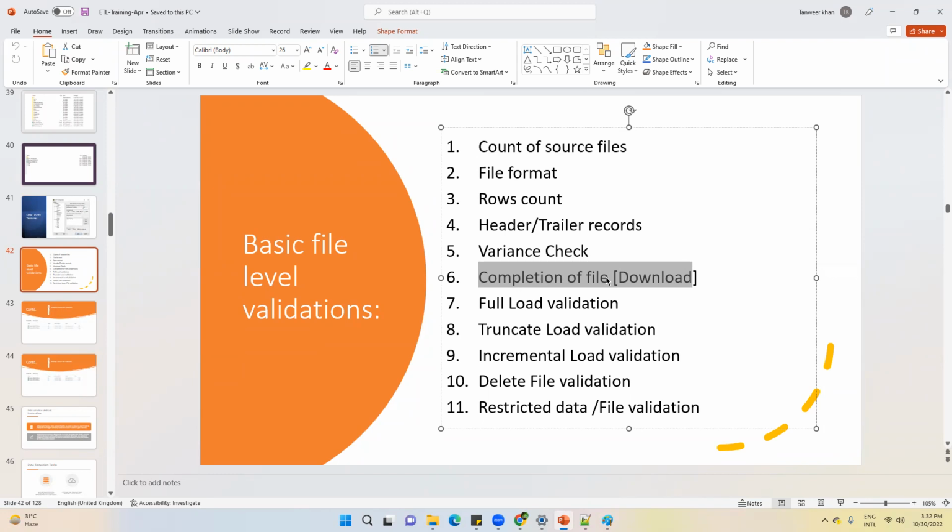Many times what will happen? Let's discuss a very common scenario which we all have experienced in our daily life. You are downloading some file from the net. Many times when you go to the download folder and try to open it, it will not open. Why? Maybe it is not complete.